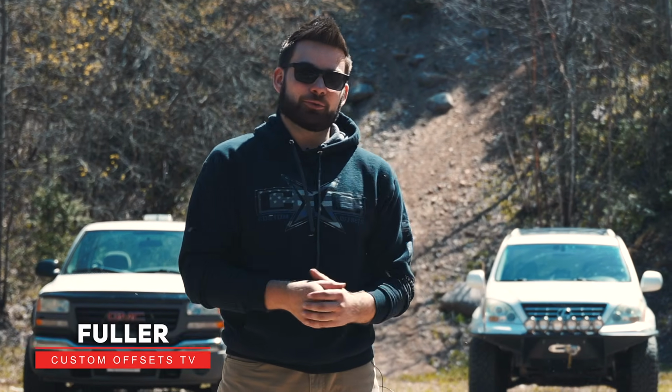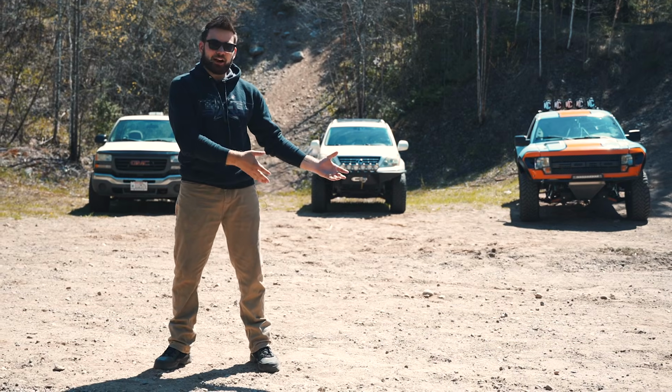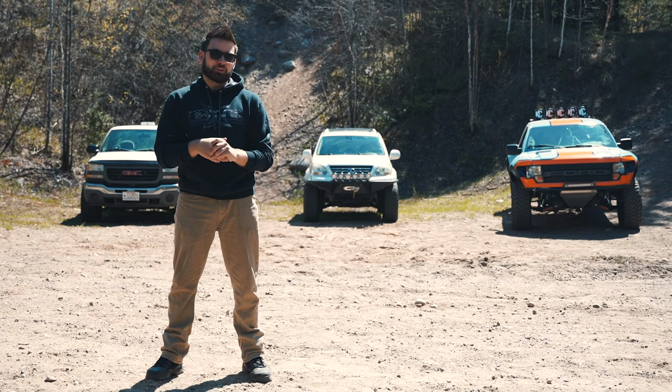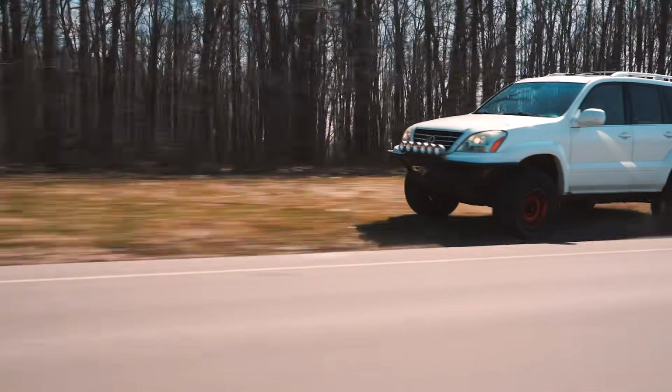So one of the questions we get all the time is, can you off-road a two-wheel drive truck? But there's really a lot more questions involved in that one, like what do you even consider off-roading? Sometimes you might be on a gravel trail, sometimes you might be going up a hill, might be going through a mud hole. There's a lot of different situations you can be in, and there's also a lot of different two-wheel drive trucks. So the Lexus behind me is actually the four-wheel drive vehicle that we brought out here, and